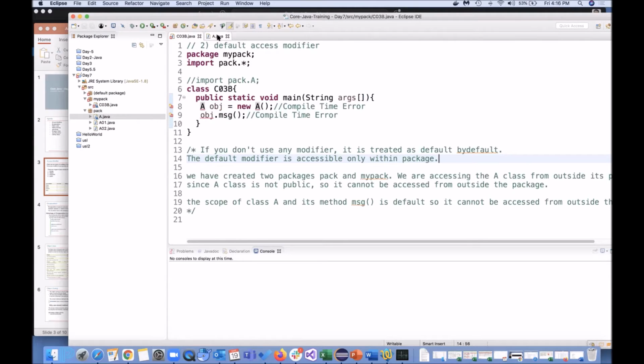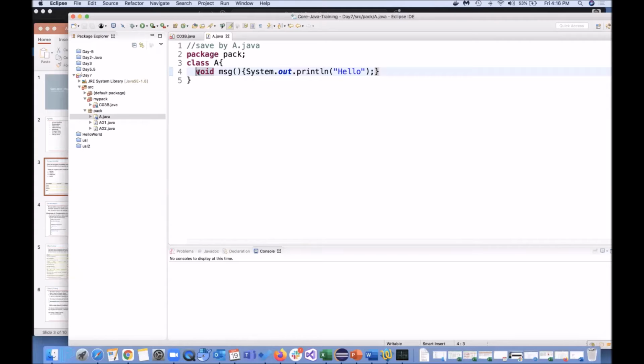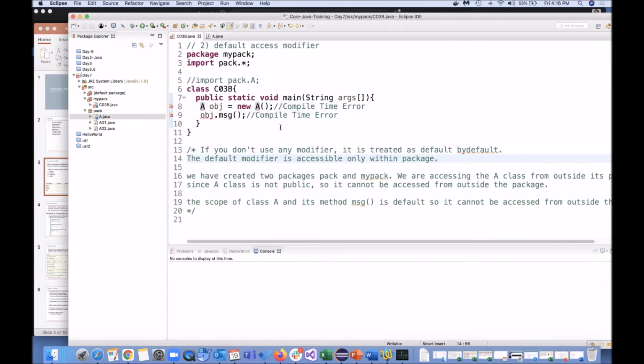And that is the reason here also it will be default obj, and yeah, that compile time error you are going to get. So we cannot access these classes outside the package, depending upon the level of access.